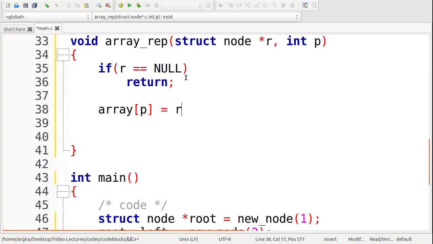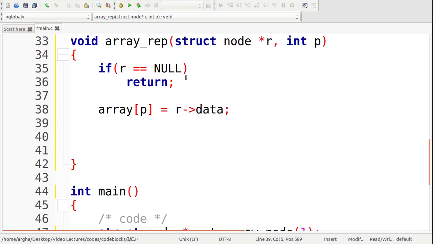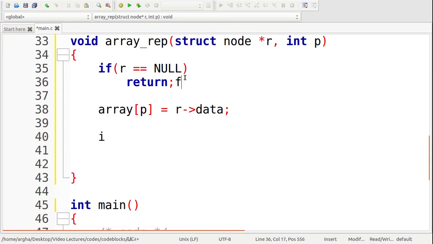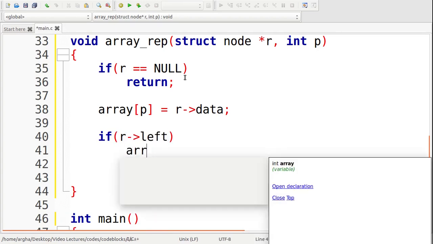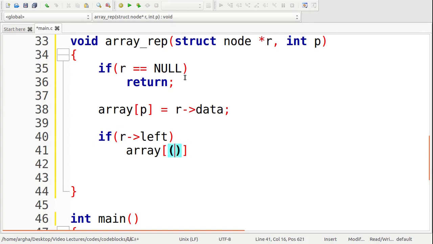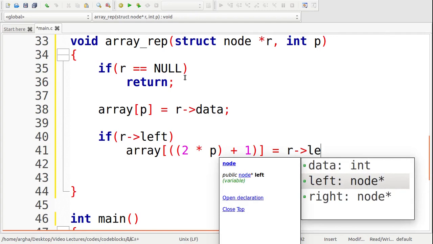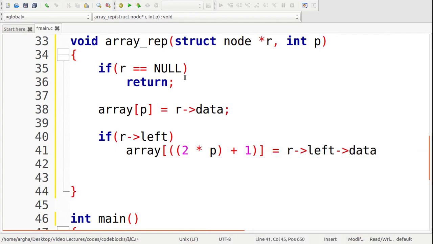will be assigned the value of R data, and then I'll check for the left and right children of this root node. So if there is a left child, then array of 2 into p plus 1 will be R left data,